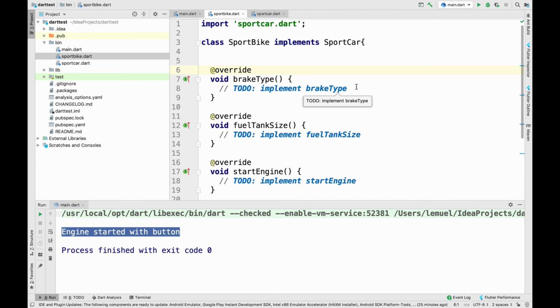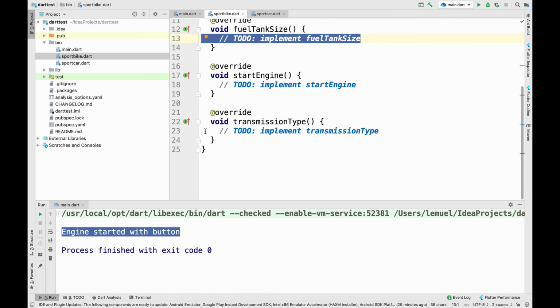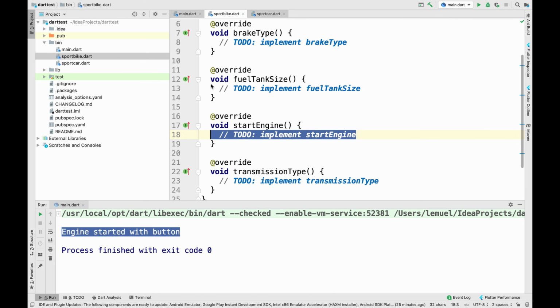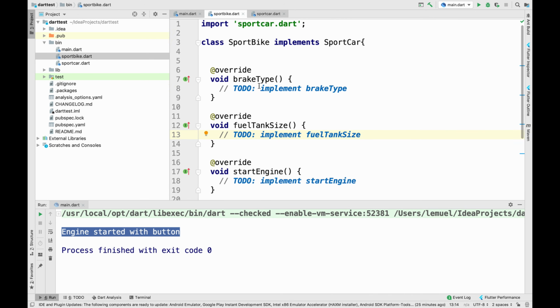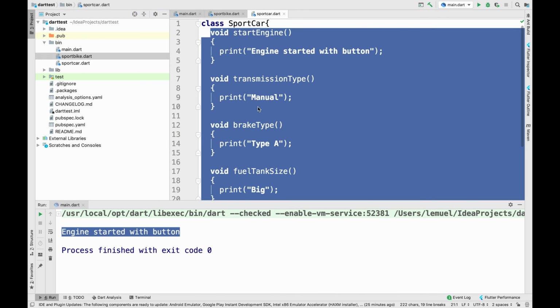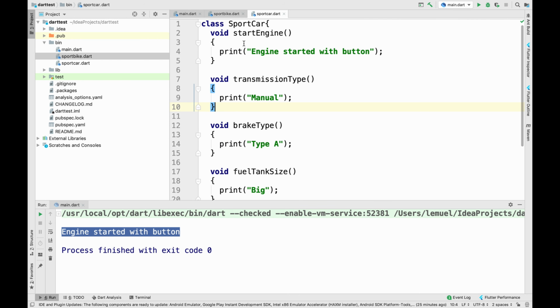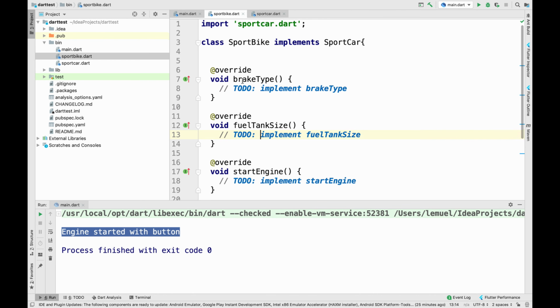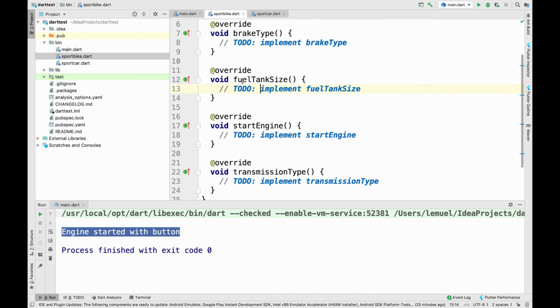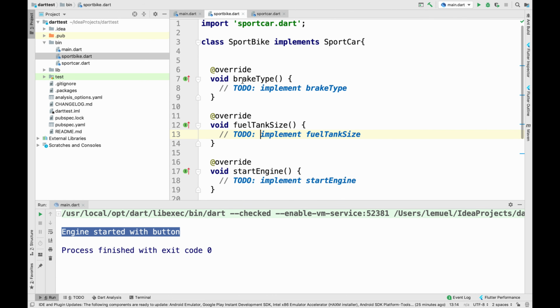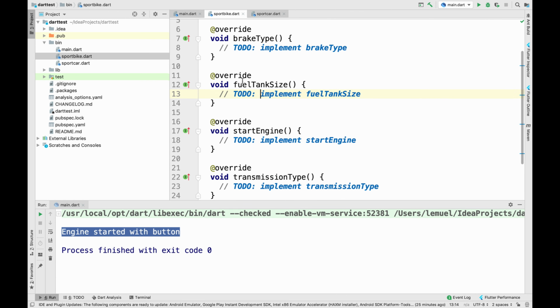So I'm just getting the blueprint of the sport car and I can determine my own implementation. This will help in having a certain structure as you're writing code instead of trying to have different designs. But you can really do a lot with this